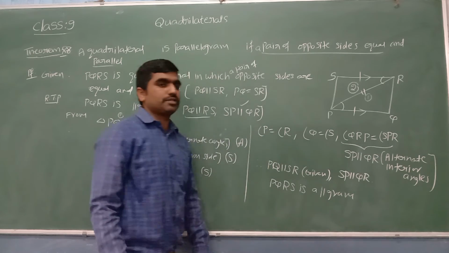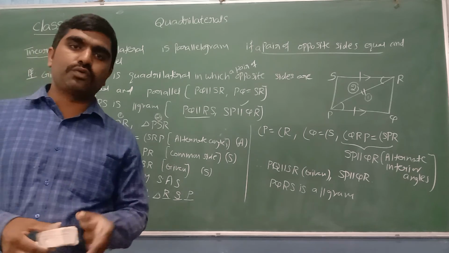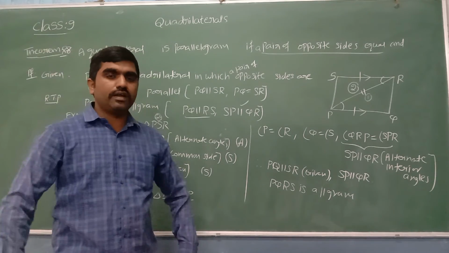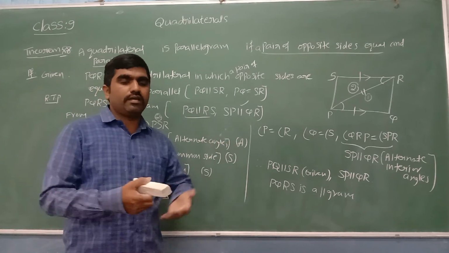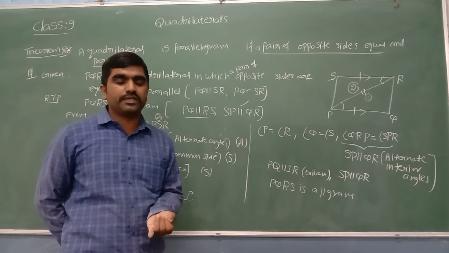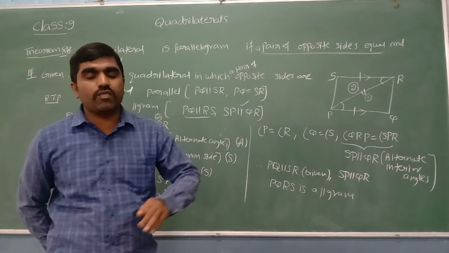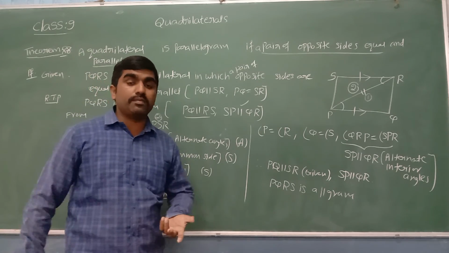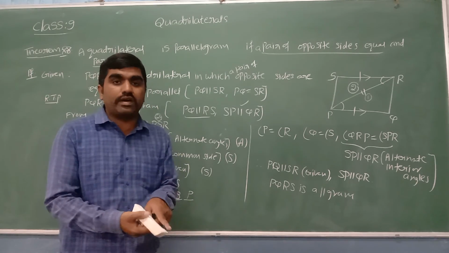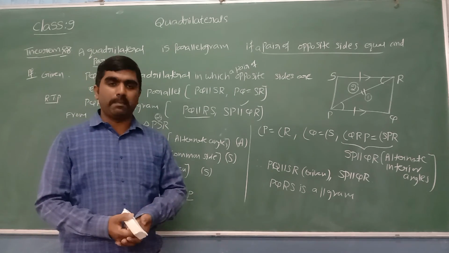So these are the three properties of parallelograms. What is a parallelogram, beta? Two pairs of opposite sides are parallel. It is called a parallelogram. In that, whatever the properties are there, we have done the proof of all the properties. Like opposite sides are equal in a parallelogram. Opposite angles are equal. If opposite angles are equal, then the quadrilateral is called a parallelogram. In a parallelogram, diagonals bisect each other. And its converse, if diagonals bisect each other in a quadrilateral, then it is a parallelogram. So these are the properties, theorems of parallelogram.